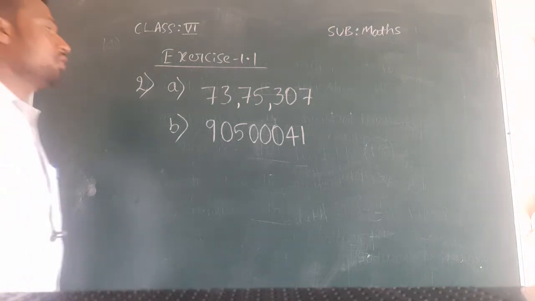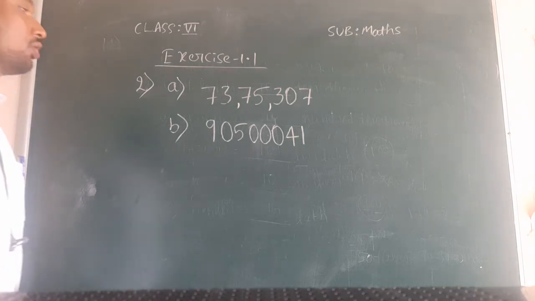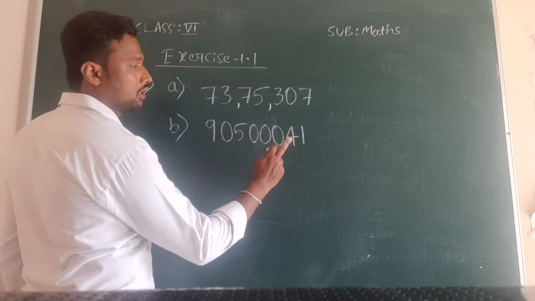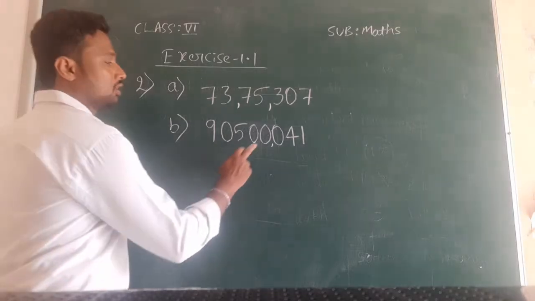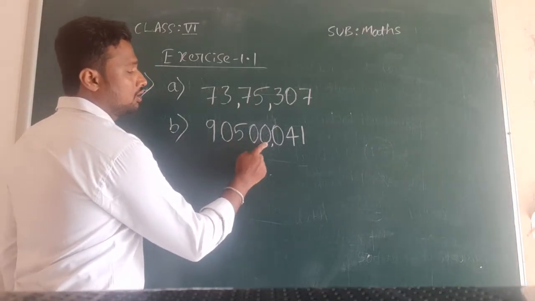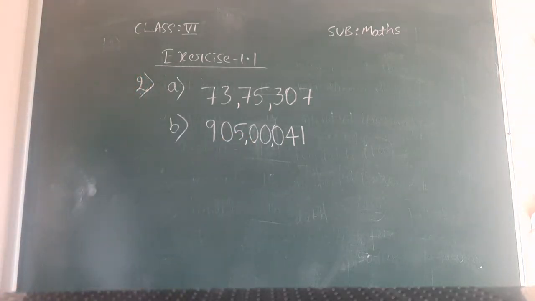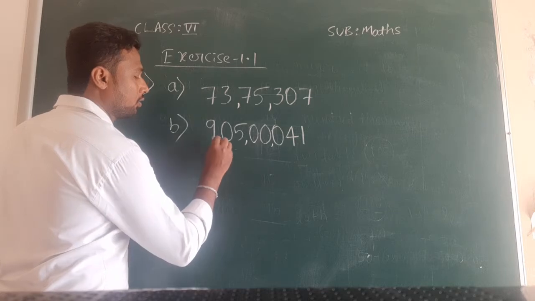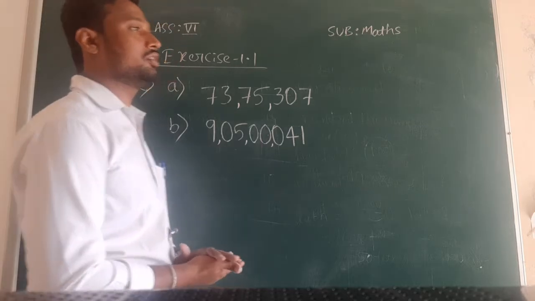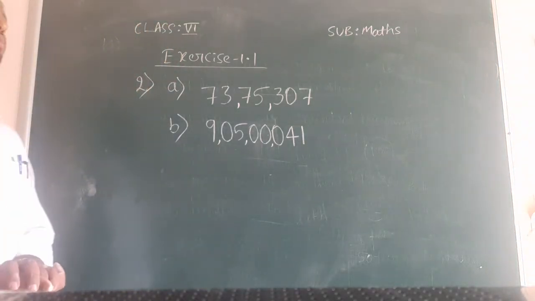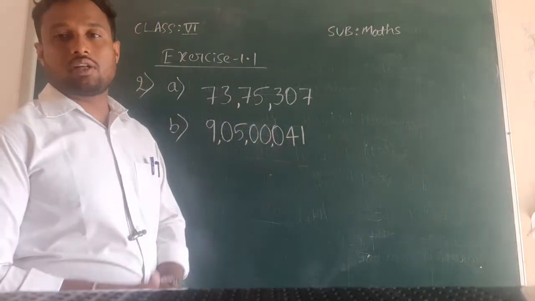Okay. So now we will start using commas to indicate thousand, lakh and crore values. So here the ones position, tens position, hundreds position, then I will use a comma. Next this is the thousands position. Here 1000, 10,000 position. Here we have the lakhs position, so we will use a comma here. Next after this lakh, 10 lakh, we have crore, so we will use a comma. To indicate crore, lakh, thousand positions we use commas in the Indian system of numeration. Therefore, 9 crore 5 lakhs 41, this is it.